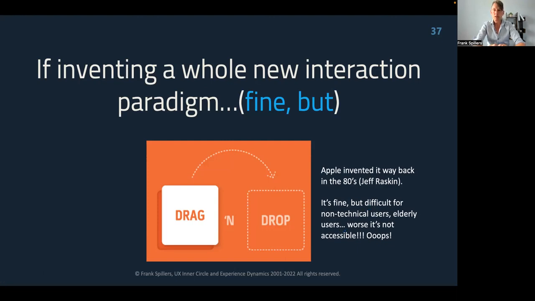If you're inventing a whole new interaction paradigm, that's fine, but, so that's my mantra on this topic. That's fine, but, right? And you can guess what the but is. Let's user test it. There's Jeff Raskin, hat tip again too. He invented this drag and drop actually, but